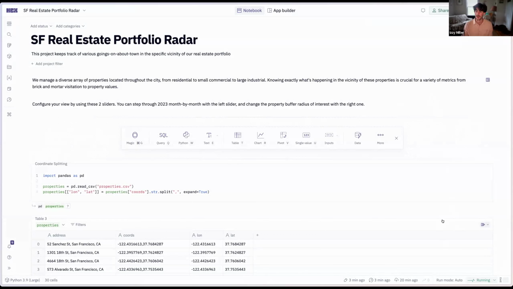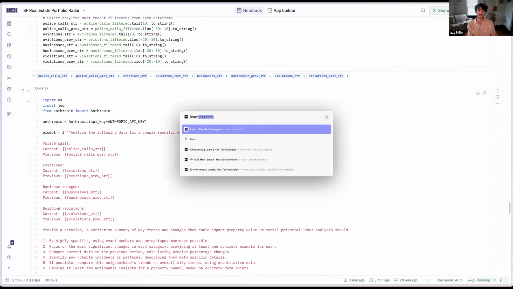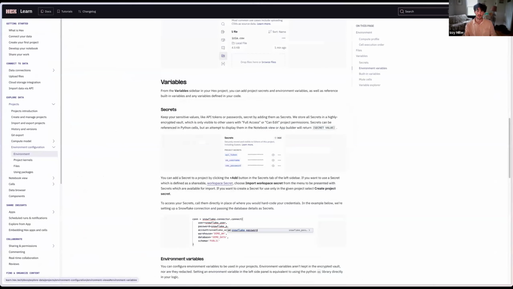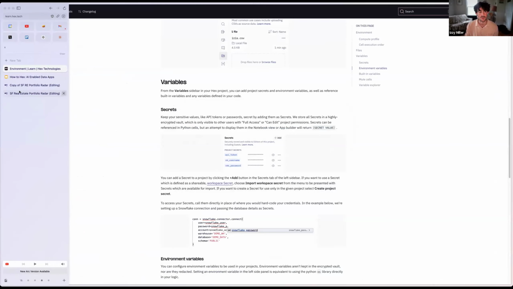Okay, question about where my API key is saved. Yeah, that's a good one. I mentioned really quickly that little secrets mechanism. If you look up learn.hex.tech and then look up secrets, you'll find the documentation on this, and I'll paste it into the chat as well. There's a couple different ways that you can configure environment variables in Hex. I'll go back to the project to show you. If we go to the variables tab over here, you can configure environment variables, which are your standard